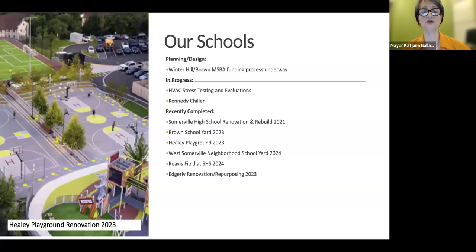The total cost of a new school is expected to come in at around $250 million, close to the same cost of our new Somerville High School. This reflects the rising costs since this will be a smaller project. We need state support to both afford this and to ensure we have room left for other needs like roads and public spaces. We are also continually working on other school upgrades, both inside and out, be that playgrounds or new heating and cooling systems.